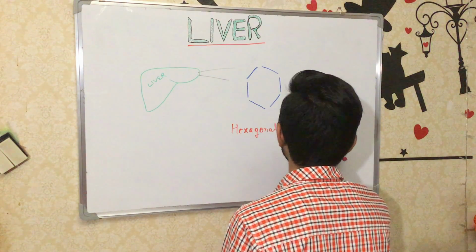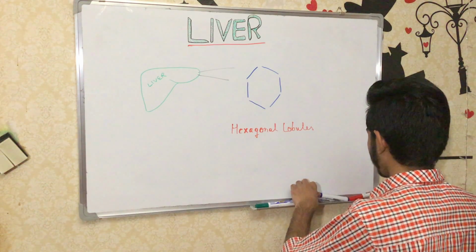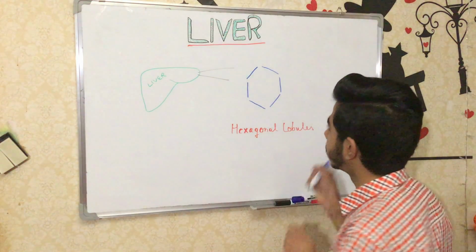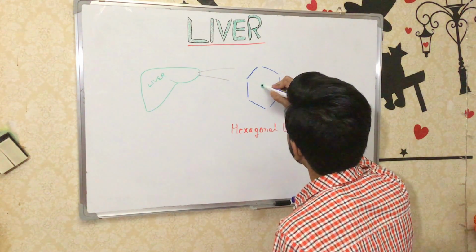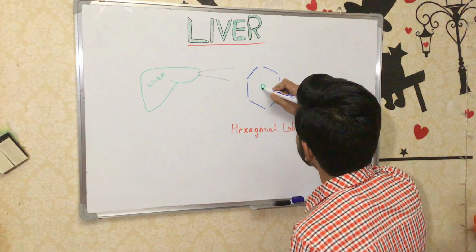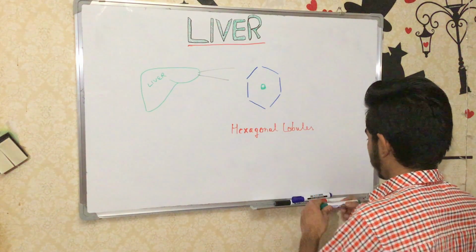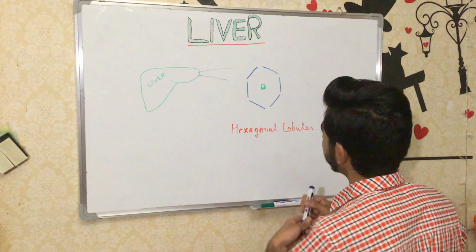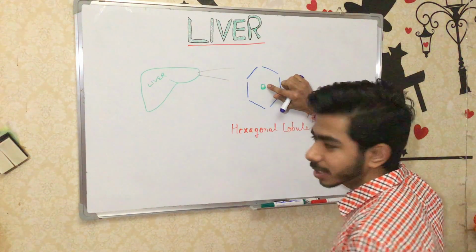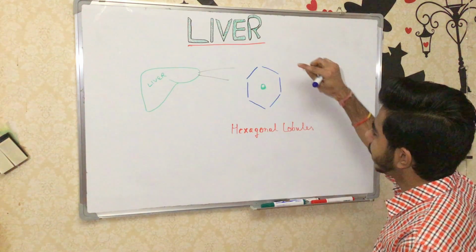Hexagonal lobules. In between the hexagonal lobules, as I mentioned earlier, they have the central vein right in the middle. This is the central vein, for example. Now around it, there are the sinusoids, which are going from the central vein to the corners of these hexagonal lobules, and at